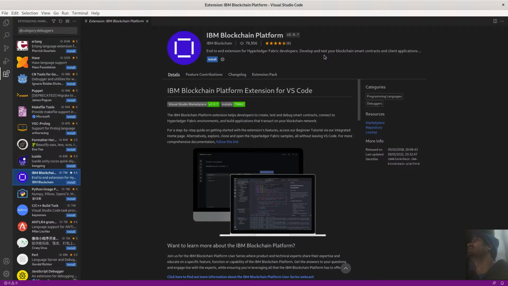Python Image Preview for image previewing in Python. C++ build task for application building in C++. Support for ANTLR grammar files. One more